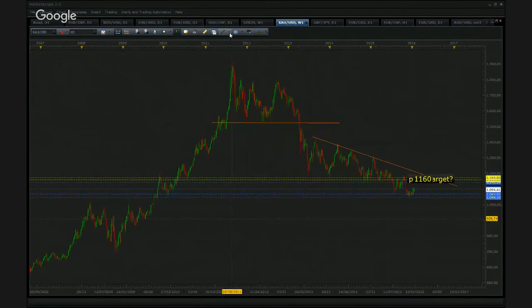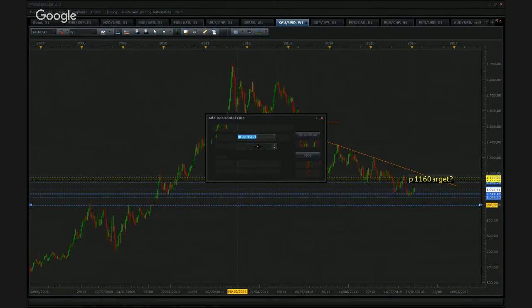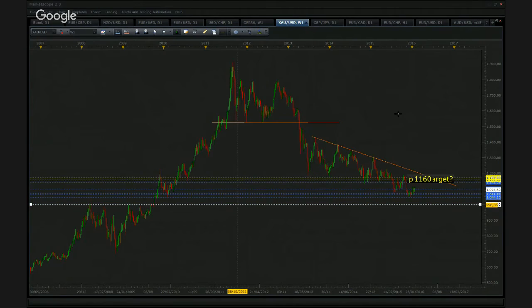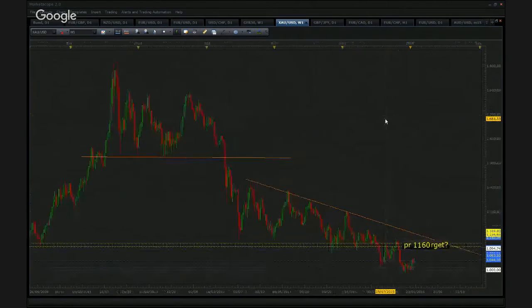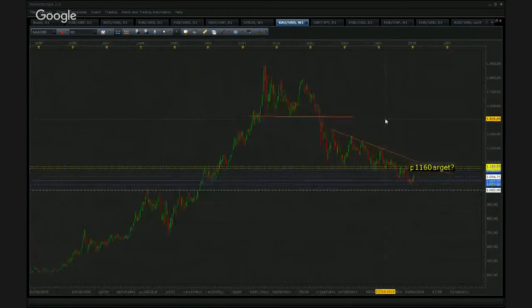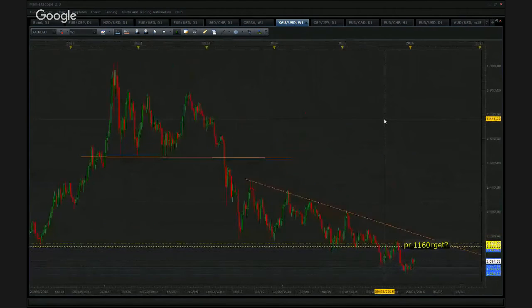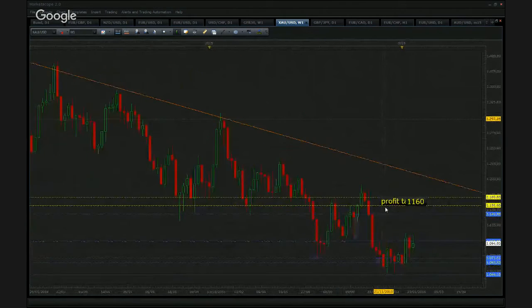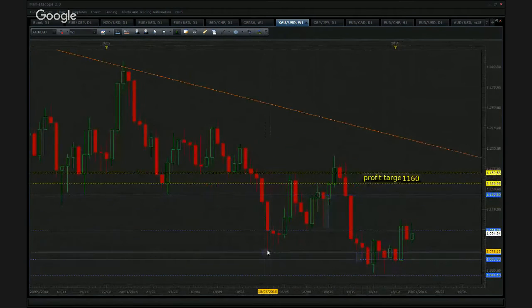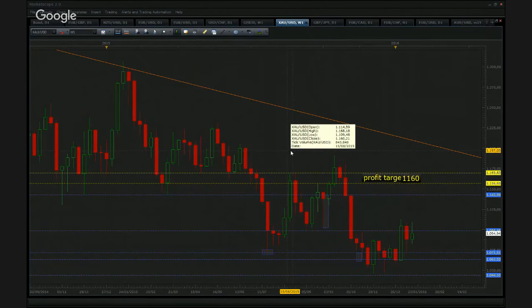There is this key psychological level, the 1,000. Very big psychological level, okay? But now price is stopping a bit here around the 1063. Around this area we found some support here. Price just broke this low that was made last summer. This is a weekly chart. We make a low here,